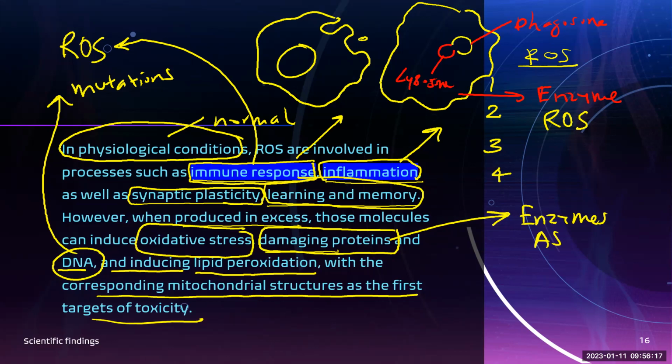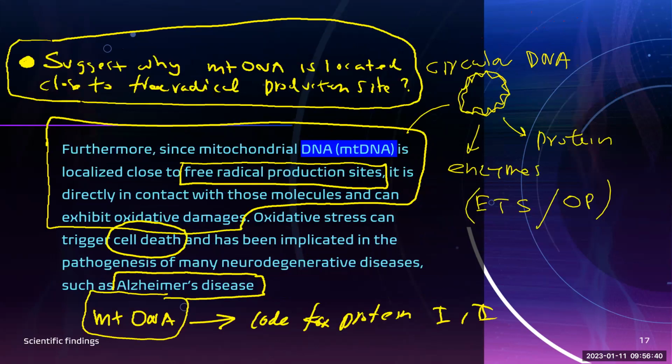However, the first target site is mitochondria because reactive oxygen species are formed inside the mitochondria. There the concentration is high, so it has more reactive oxygen species. Mitochondria are vulnerable as the first target of damage by reactive oxygen species. Furthermore, since mitochondrial DNA is localized close to the free radical production site,